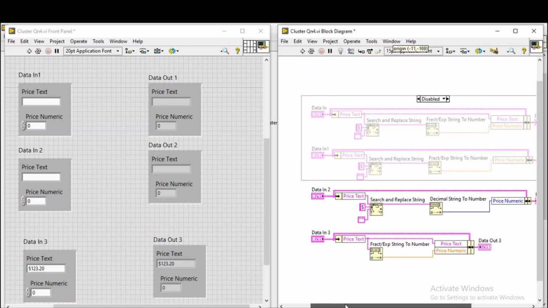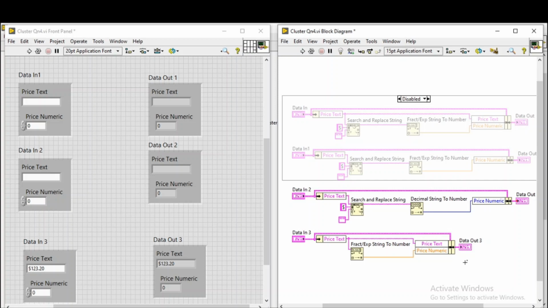This code: I'm replacing the dollar symbol with an empty string. So when I type the dollar symbol with some value, it will be replaced with only that 123.65 alone. It simply removes the dollar symbol. Then it has been given to decimal string to number, then to I32.